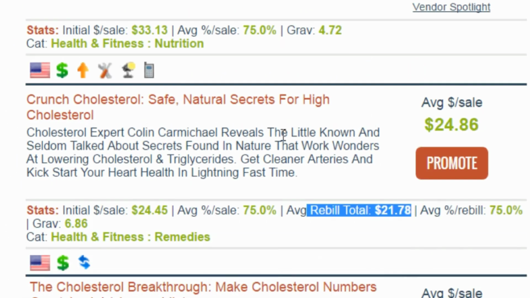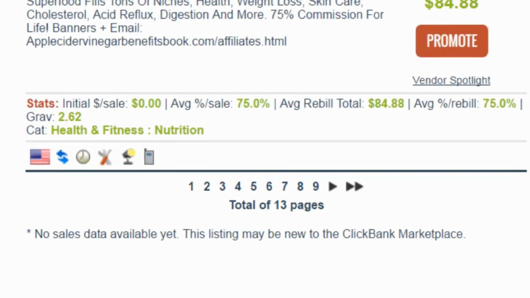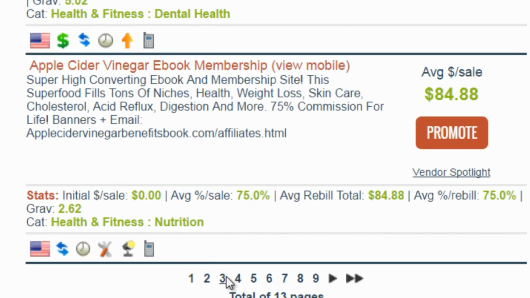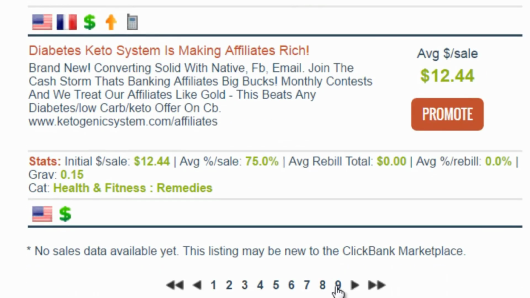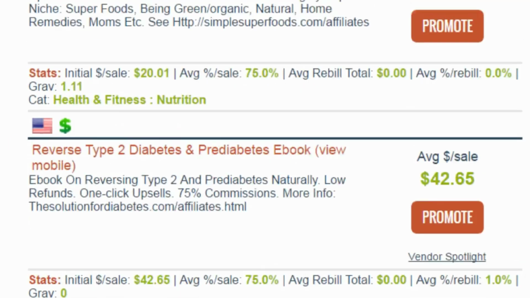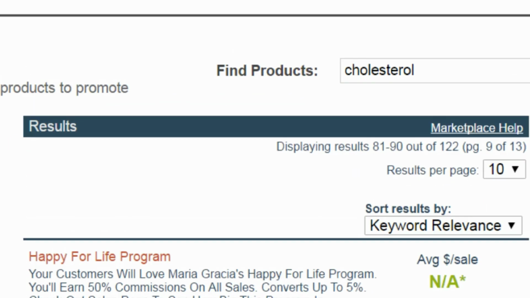So if you sell it once, you can get paid over and over again over the course of a few months. So what we're trying to do is just glance really quick. You don't have to buy anything right now. Just get an idea: are there actually affiliate products out there that we can sell and promote and get a commission? And we can see that there is indeed 122.